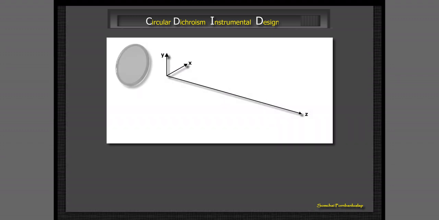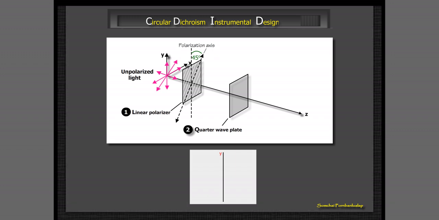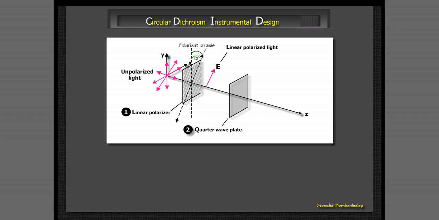A circular polarizer consists of two optical components, a linear polarizer and a quarter wave plate. To generate circularly polarized light, a linear polarizer is placed at a 45 degrees angle with respect to the y-axis, as shown. When non-polarized light passes through a linear polarizer, it becomes linearly polarized light whose polarization axis is oriented at a 45 degrees angle to the y-axis. The emerging linearly polarized light can also be expressed as the resultant of its x and y components, as shown